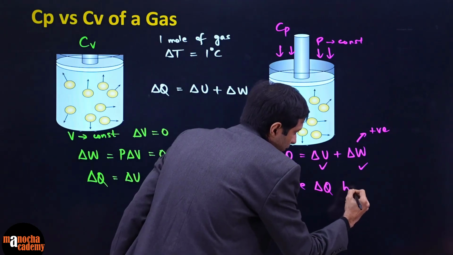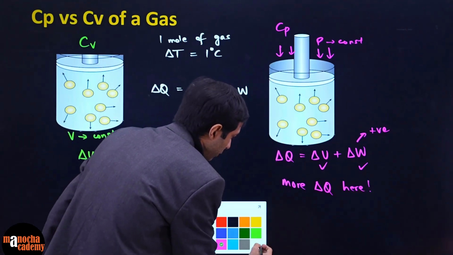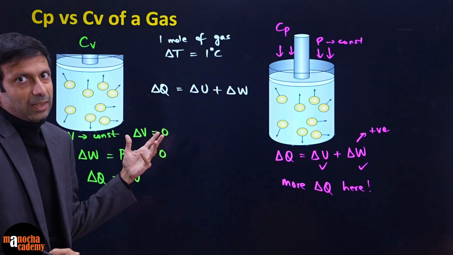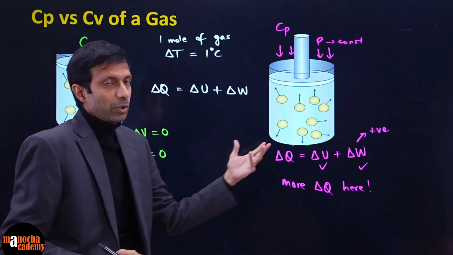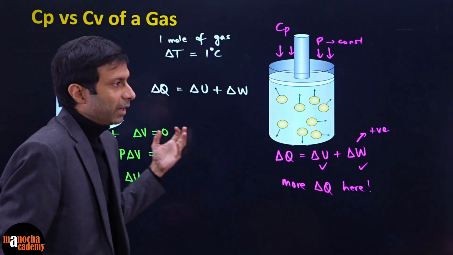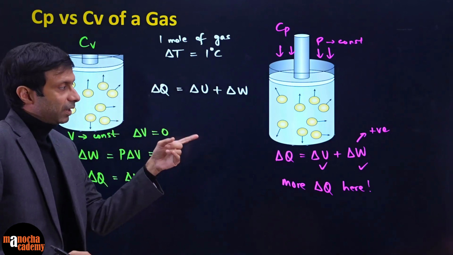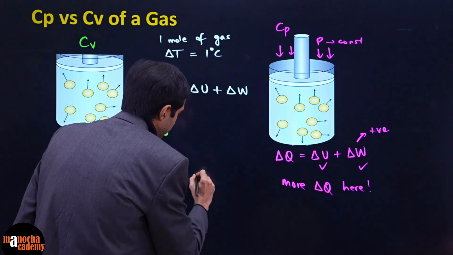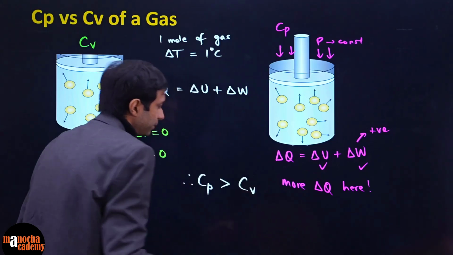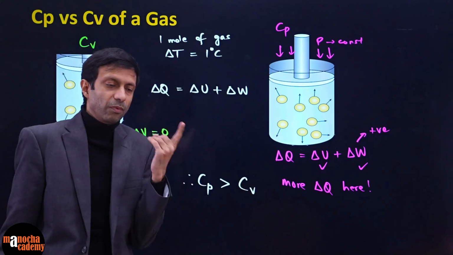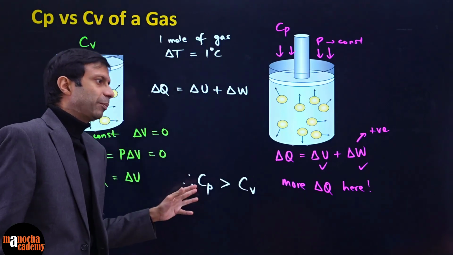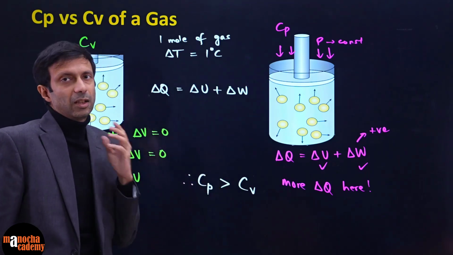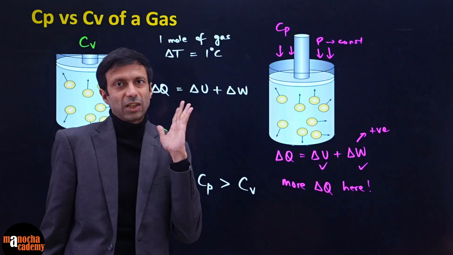more delta Q here. Therefore, will you guys agree with me? Right? Because the increase in internal energy is basically the same, right? It is how much work being done. Okay. So increase in internal energy is happening in both cases, but there's work being done. So therefore, will you guys agree with me that Cp is greater than Cv? The molar, because 1 mole, why molar? Molar specific heat at constant pressure for a gas, which we are talking about ideal gas, right? Or gas is greater than the molar specific heat capacity at constant volume.